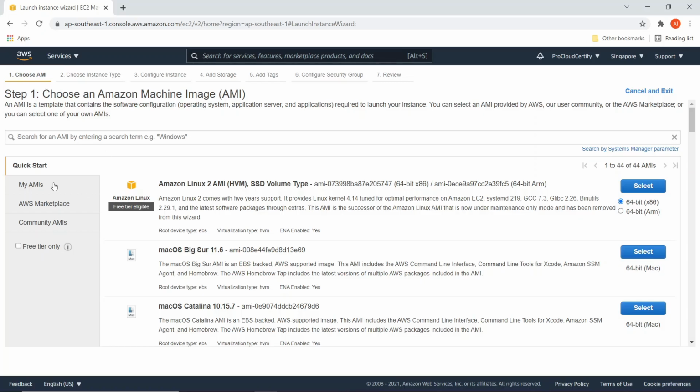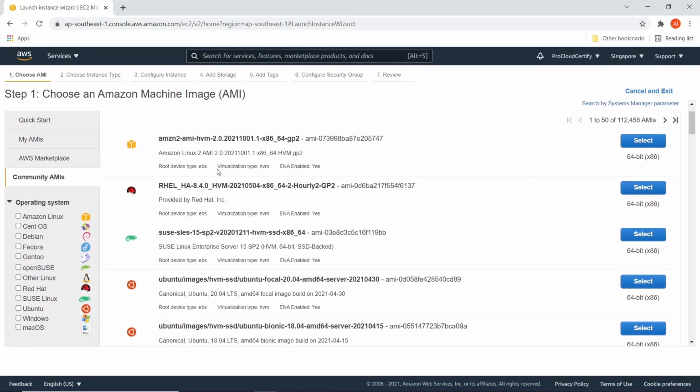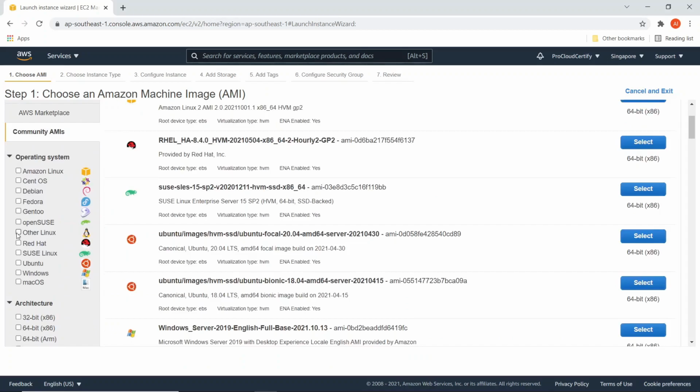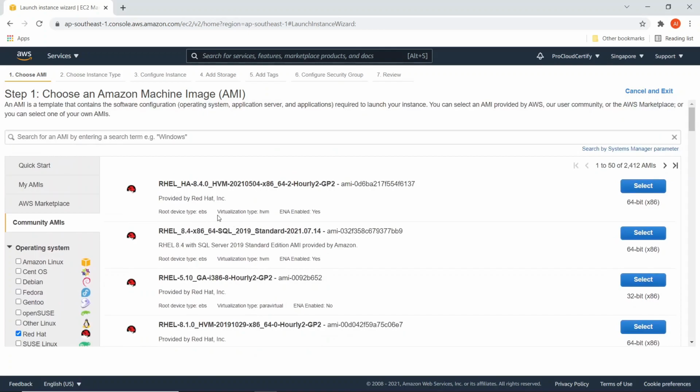Now, as you can see over here, as explained in the slide of AWS billing, these are the three kinds of AMIs available. So first is the community AMIs, and these are typically free to use, and they are created by the community, and basically you just select what kind of operating system you want to use to run your EC2 instance.